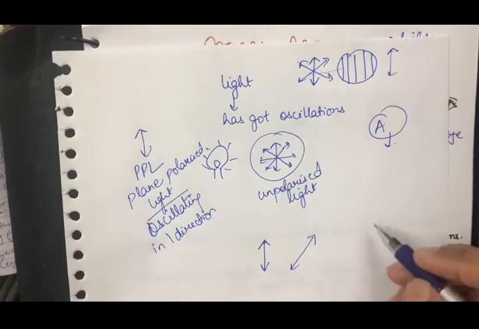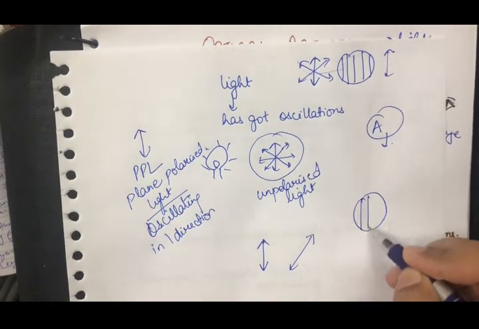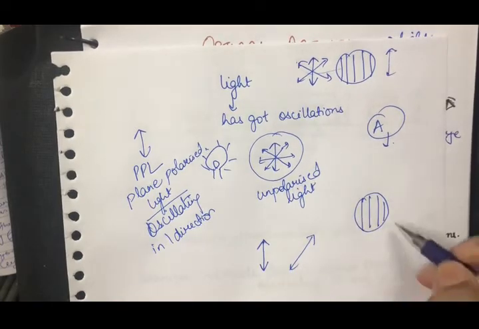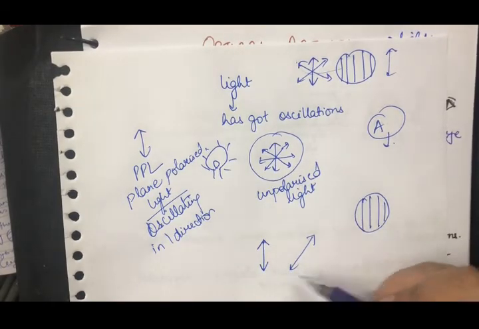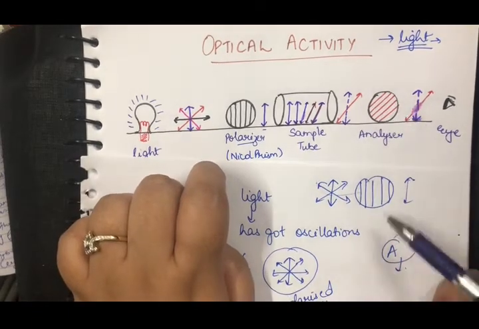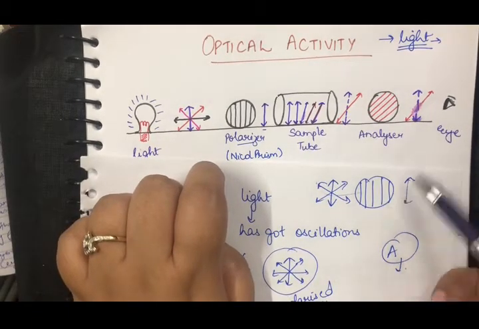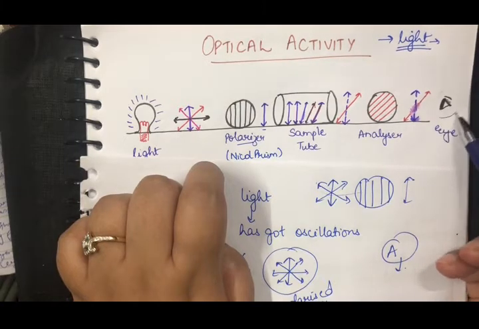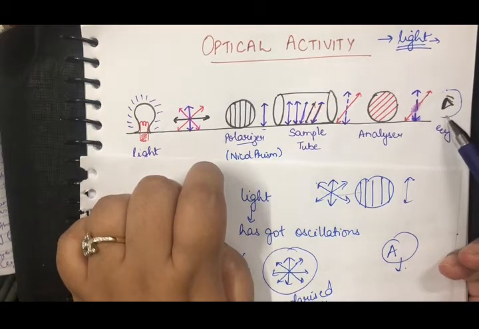अब अगर मेरा एनालाइजर भी मेरे पोलराइजर की शेप में होता तो मैं कुछ देख ही ना पाती, क्योंकि जो अंदर से सैंपल ट्यूब से लाइट निकली, that was a little tilted. और अगर मैं स्ट्रेट लगा दूं अपने बार्स एनालाइजर के, then I wouldn't have got a view because I am seeing it from here. The eye source is here.